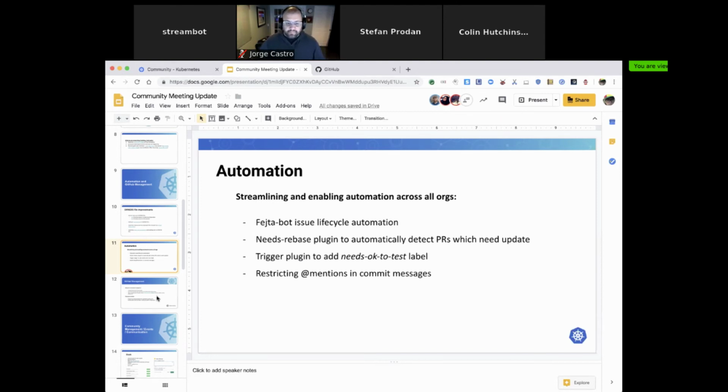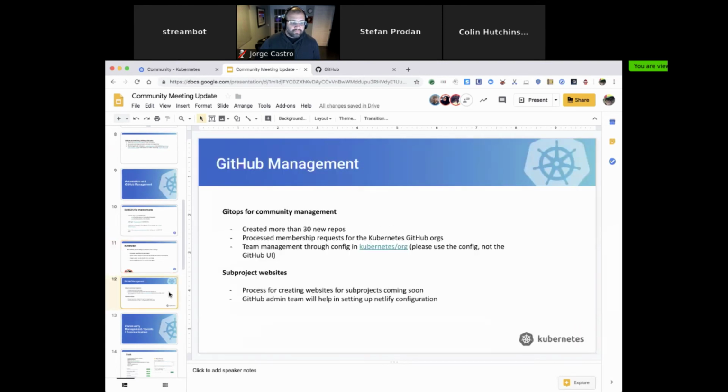We've also enabled a new plugin which will restrict @mentions in commit messages, and will also restrict some other keywords which close issues, like fixes or closes, because if you add @mentions in commit messages, the person who's being @mentioned gets spammed mercilessly whenever the commit message is pulled into a fork. So we want to make sure that we don't spam people, and we want to have fewer emails. Can I go to the next slide?